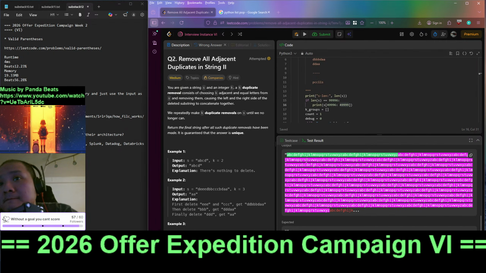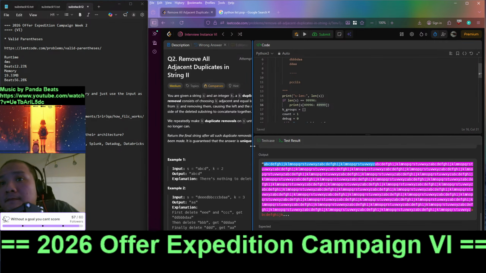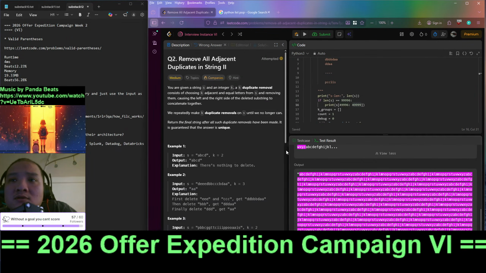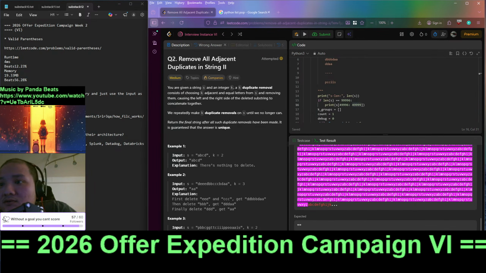So what we did is these two match, so we might have understood the problem wrong, right? So: given string S and k, choosing k adjacent and equal letters from S. Okay, ZZ, right? So okay, maybe after we delete ZZ,